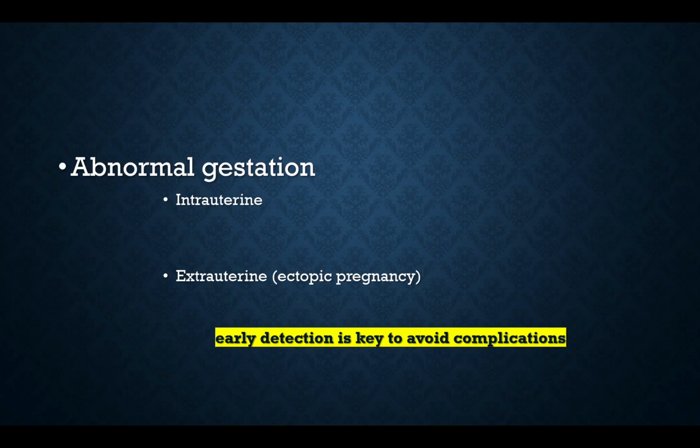Now coming to the causes for bleeding in the first trimester or initial few weeks of pregnancy: abnormal gestation. These abnormal gestations could be intrauterine, that is, the developing embryo is implanted inside the uterus, or extrauterine, which is also called ectopic pregnancy, and this will be dealt with in a separate video. So in this video I will be talking about intrauterine